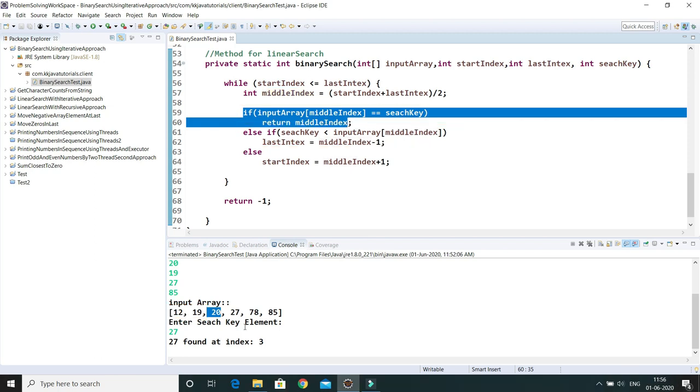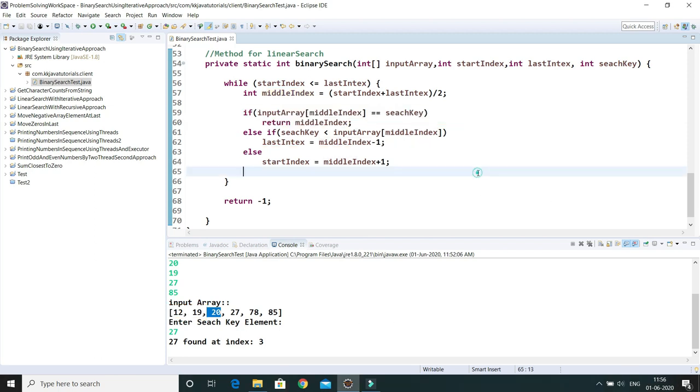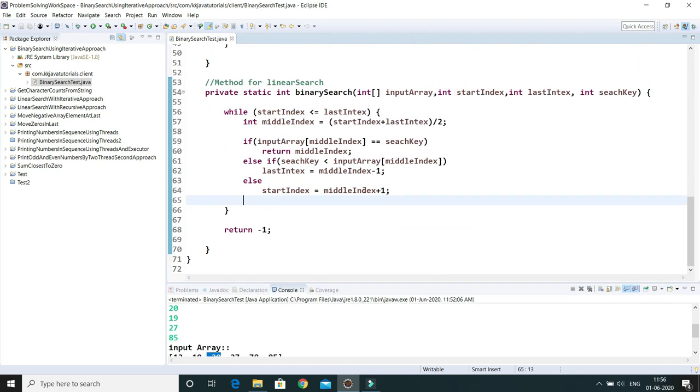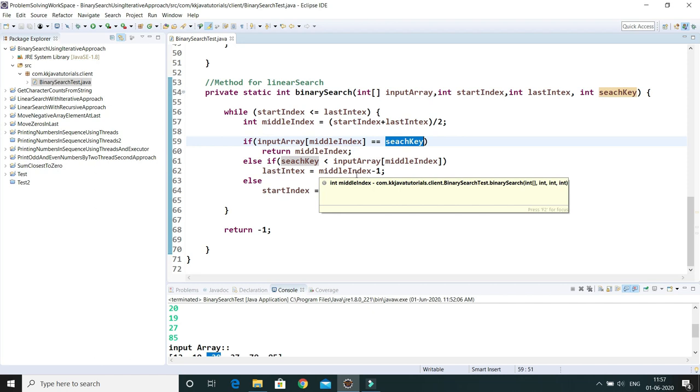So in that way our algorithm works. As far as complexity is concerned, for time complexity, as you can see, the algorithm always divides the array into half. If we get the element in the middle of the array, then time complexity would be big O of 1.